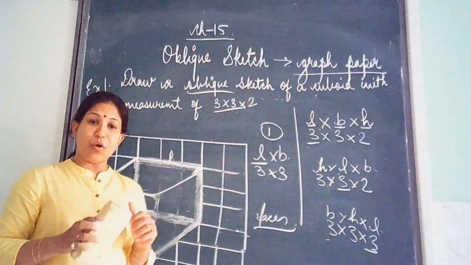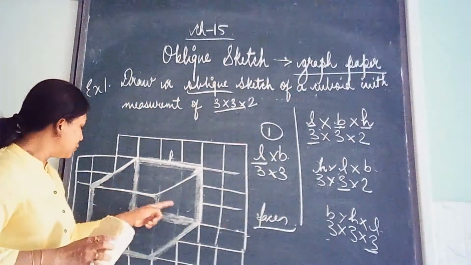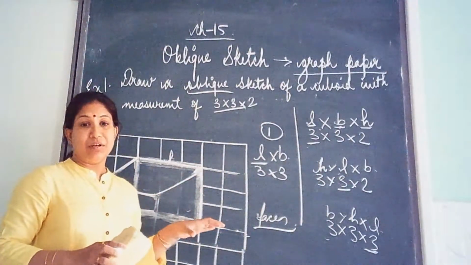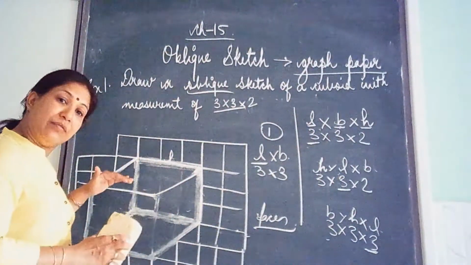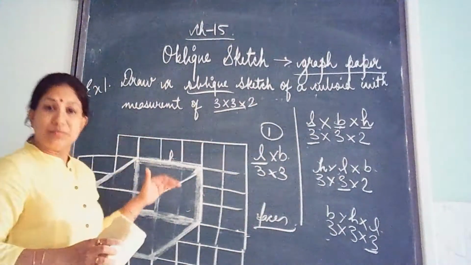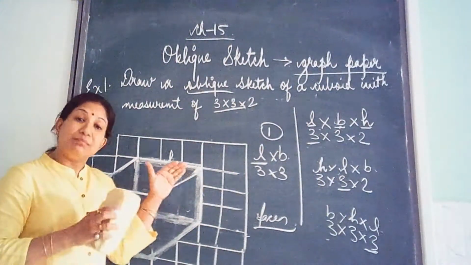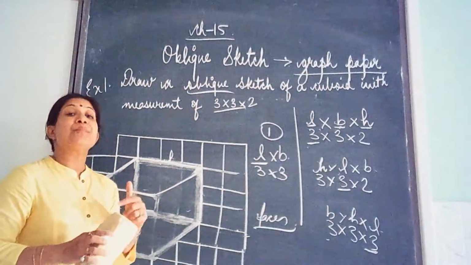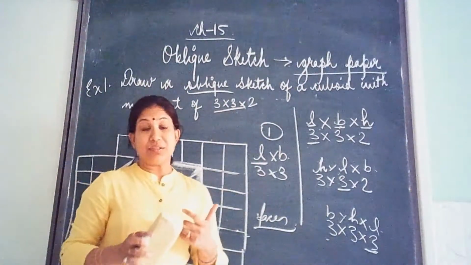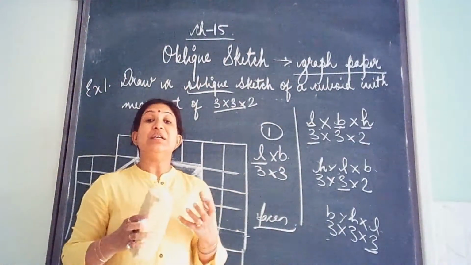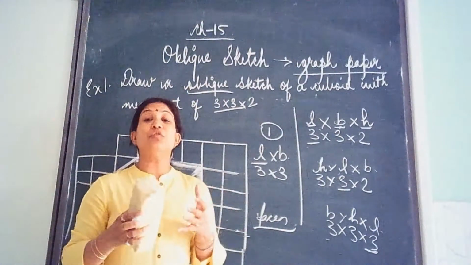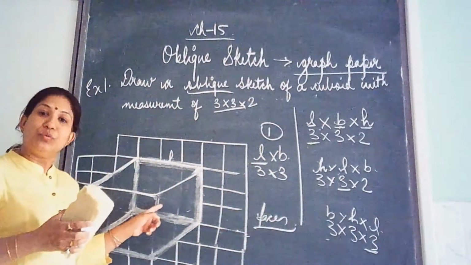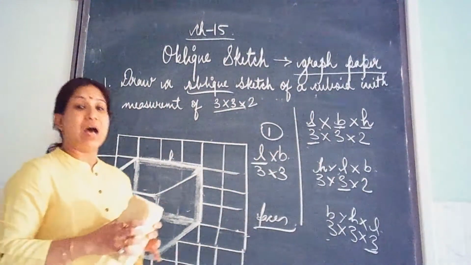How many faces does a cuboid have? 6. So 1, 2, 3, 4. Right? But you are missing certain faces. From the top view or front view you can see, but the other view, if you want to see, that is missing in an oblique sketch. This is one reason why we draw isometric sketches, when you want to visualize it in a solid state, in a 3D form. In that case this is looking like a 2D figure only. So for that we use isometric sketch.